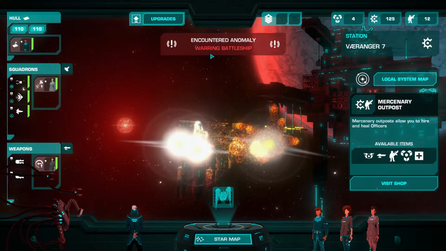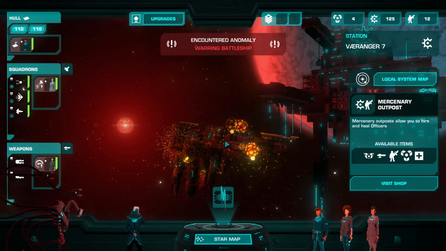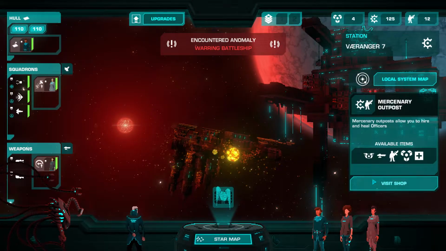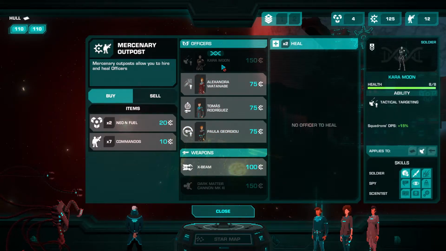See, sometimes when we get a negative outcome of a warring battleship, it's actually a good thing for us because we can salvage everything. And we are here at a mercenary outpost, so... Oh,